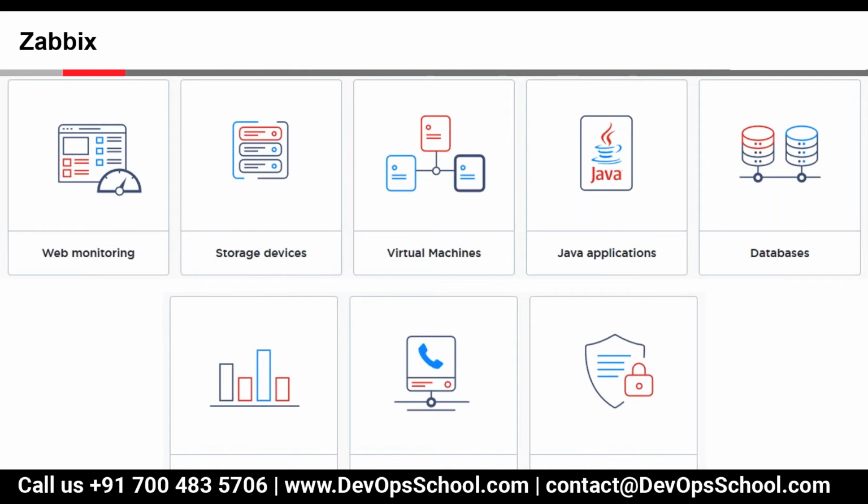Then we have virtual machines. So if your environment is on VMware or Hyper-V, we will be able to monitor that.